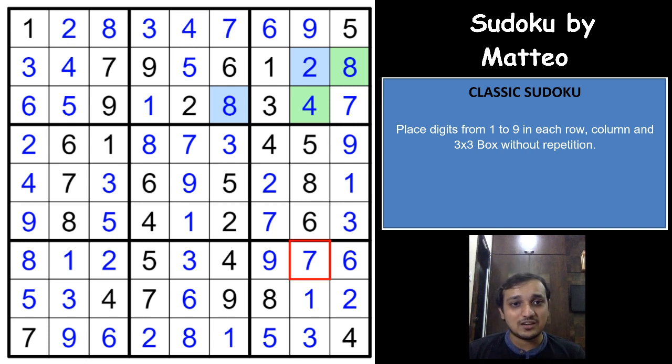logic applied here, kind of narrow logic. Actually I would say, just to get the 3 8 pair in this column, we had to first use the X string to remove the 2, then we had to use the simple coloring to remove the 6, and then you get a 3 8 pair here. Awesome. And then you just remove the 6 here, I am sorry, 8 here, to get the 6 7 pair. Awesome. What a great Sudoku this was.